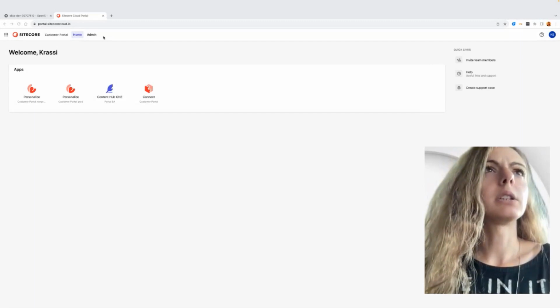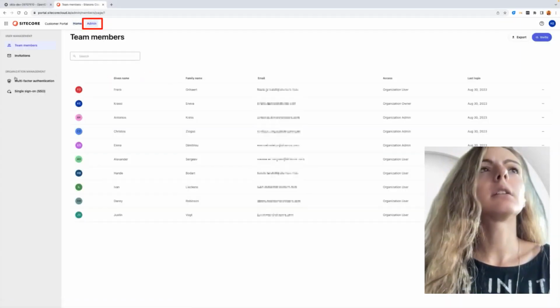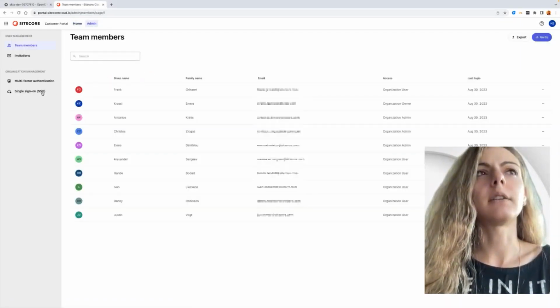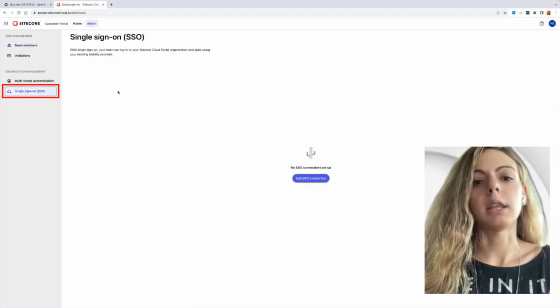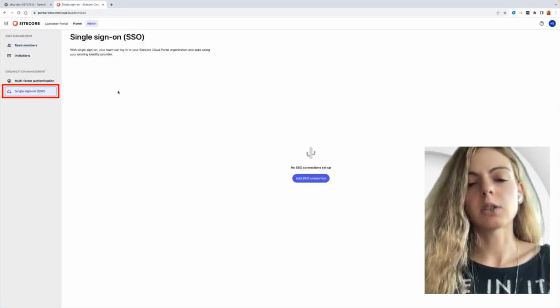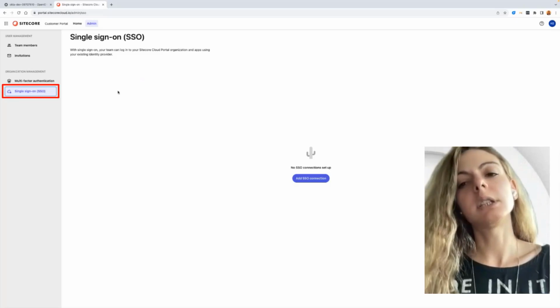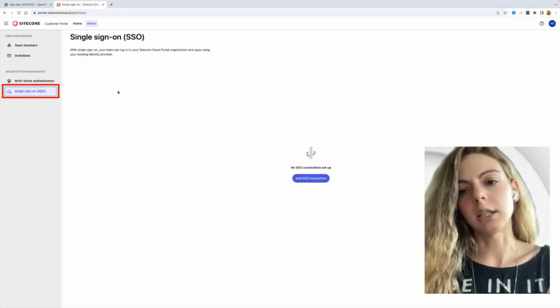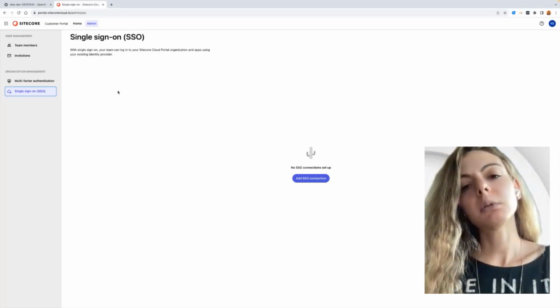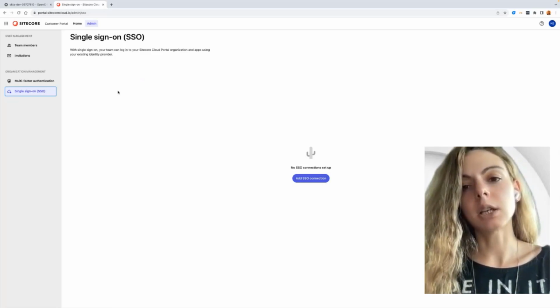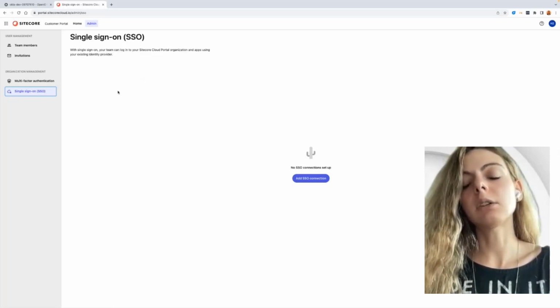Now I will navigate to the admin section, and under organization management, I will find the single sign-on page. Right now, I don't have any SSO connection, and as of today, an organization can have up to 5 active connections. Important note to make: before you add an SSO connection, you need to register the Sitecore Cloud Portal with